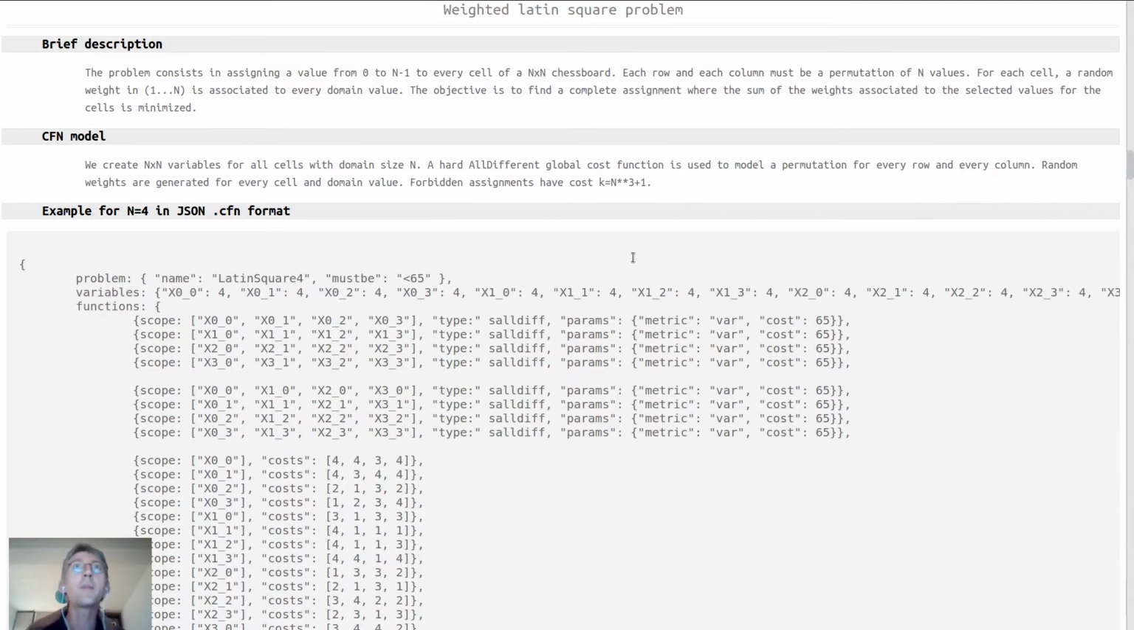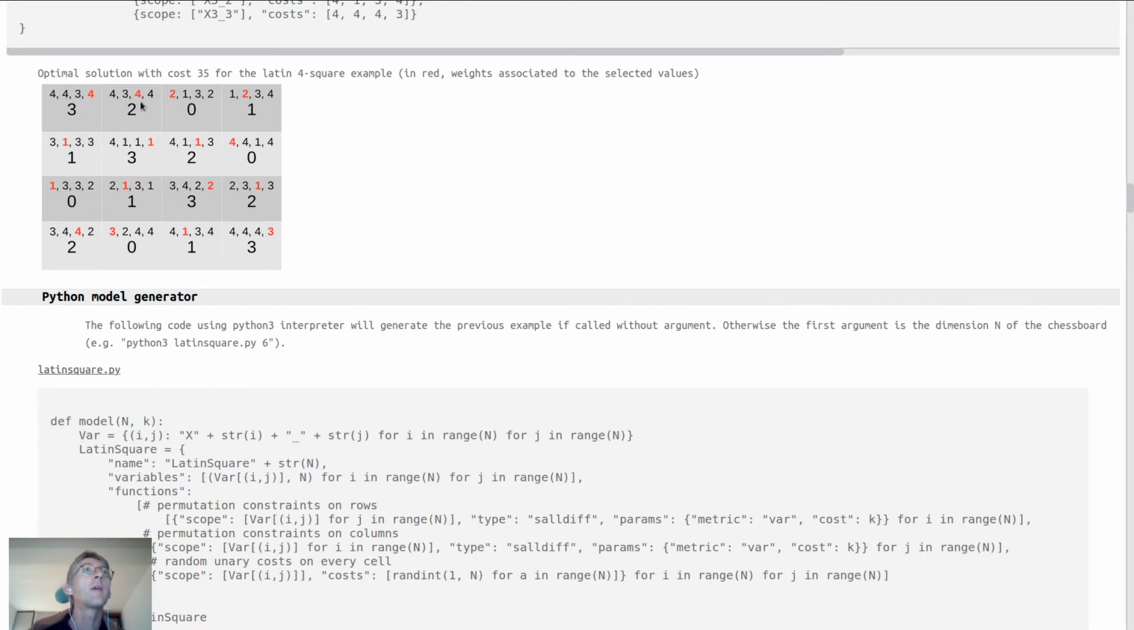So my first problem is the weighted Latin square problem. This is a problem on an n by n chessboard, where for every cell you want to choose a value between 0 and n minus 1. And each row and each column must be a permutation of the n values. We add an objective function so that for each cell there is a cost associated to any of the possible values. For instance, this is an example of a